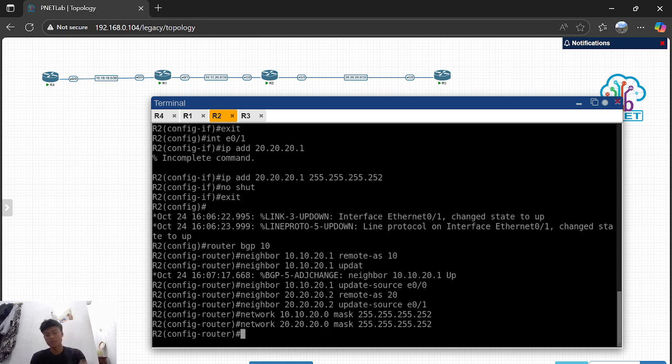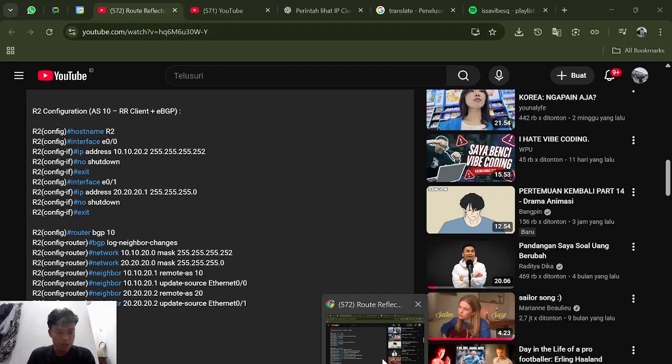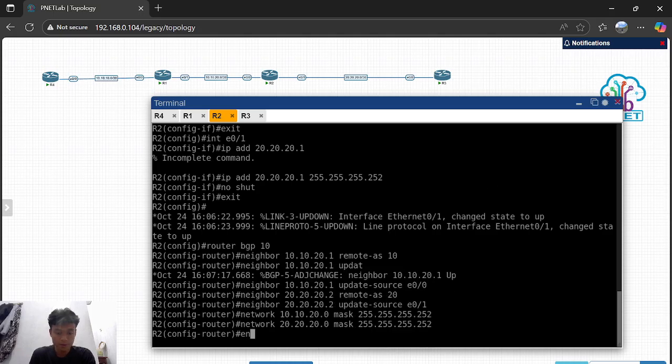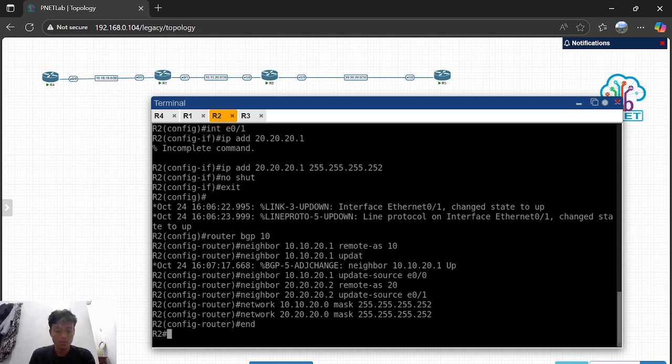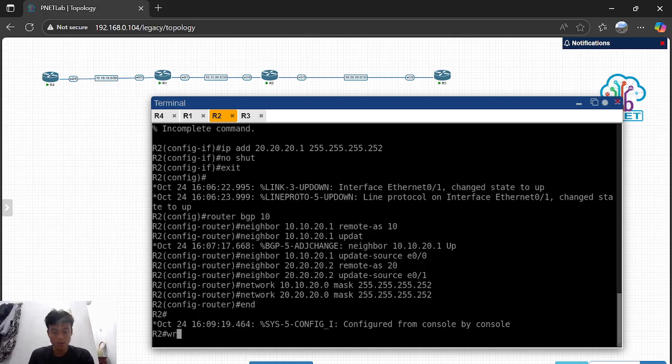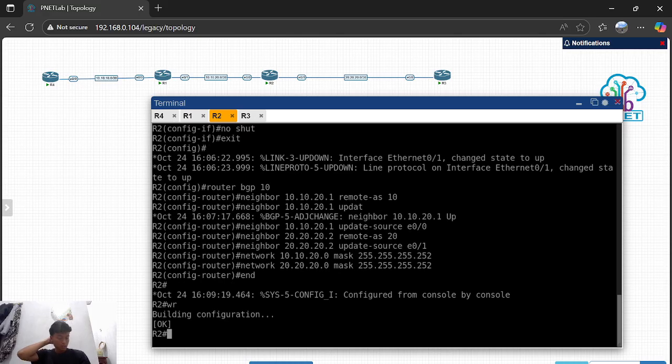After that you can end the configuration and save it with WR. So this is the configuration of the third router, which is R2.